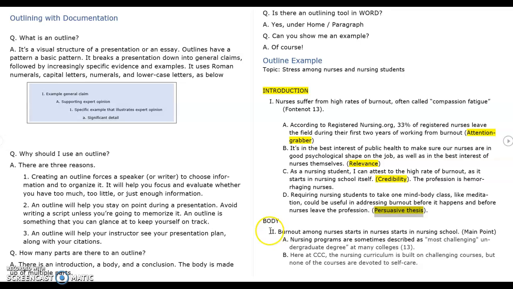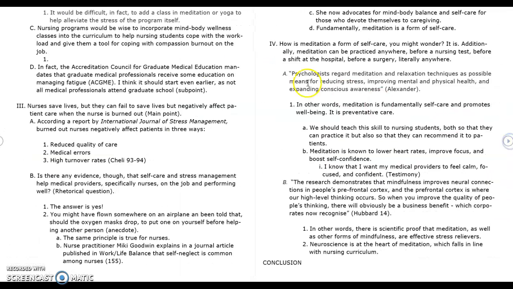Okay, so the body you'll notice has a Roman numeral point, and it starts with a main point that I want to make. It's a sub-point that I'm probably going to preview, and it includes information. You can see that I am going on and I am making references to information that I find, like I might mention that I got information from the Accreditation